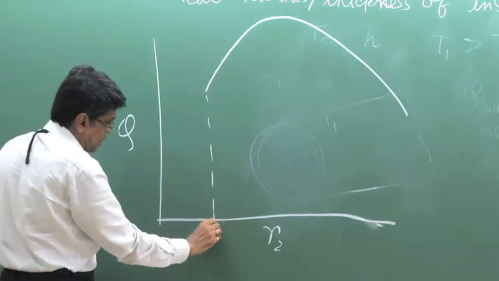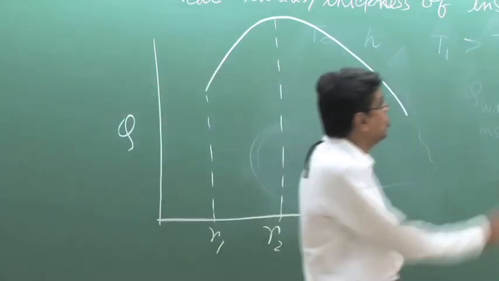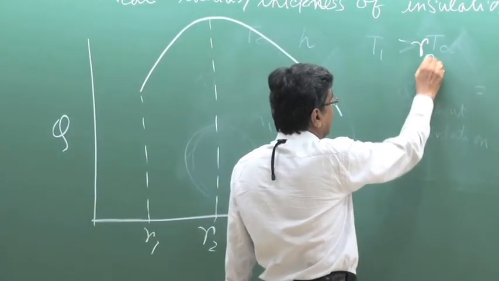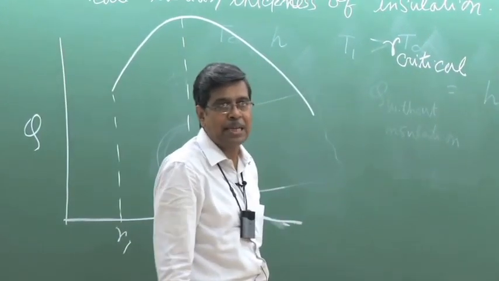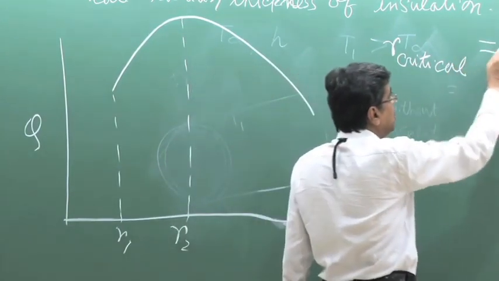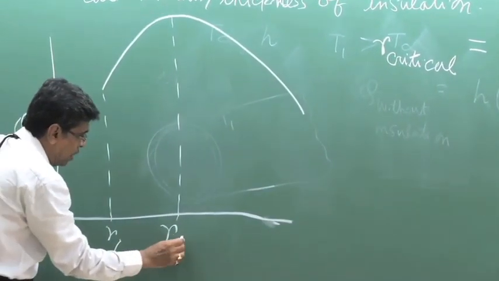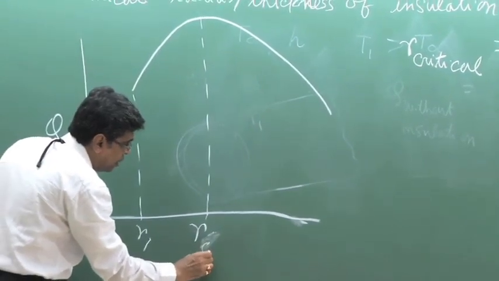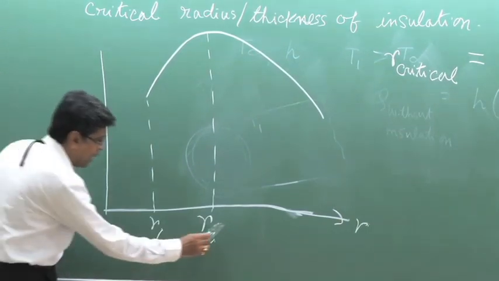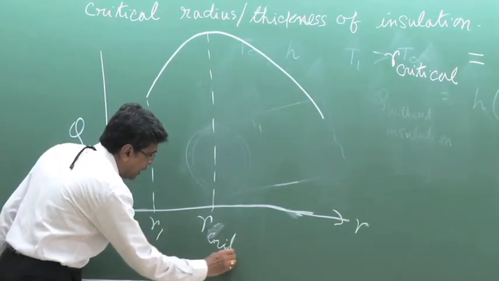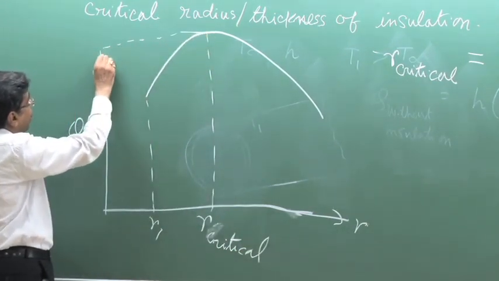Then this is R1, and this value K by H is known as R critical, or sometimes RC is equal to K by H. So this is R critical. This axis is R2, rather R you can tell, R critical. That means at critical radius, this is the